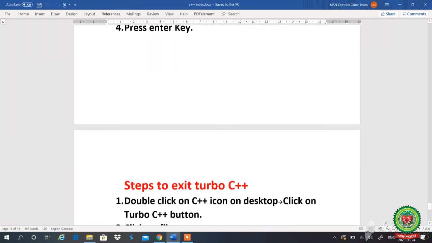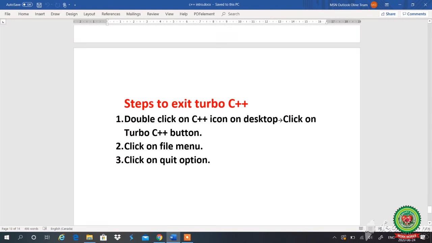Now, we will discuss the steps to exit Turbo C++. Steps are: double click on the C++ icon on the desktop, click on the Turbo C++ button, click on the File menu and click on the Quit option.